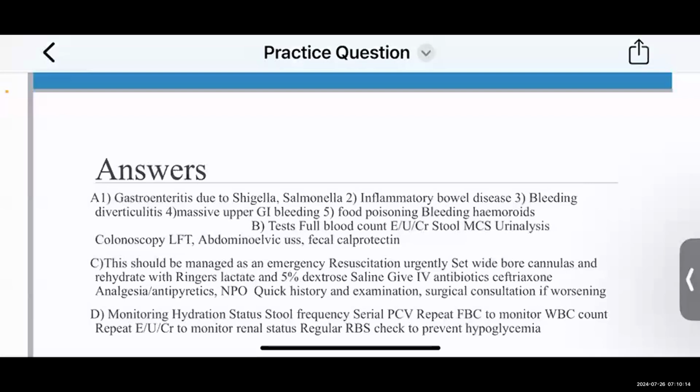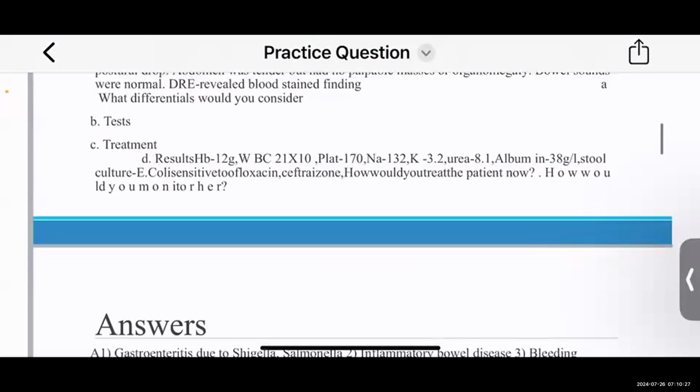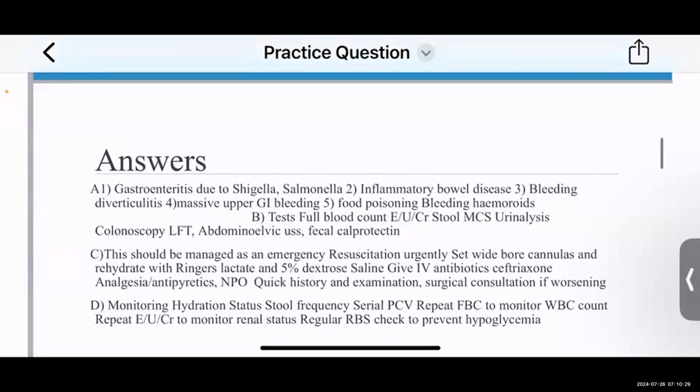dextrose. I would want to give broad spectrum IV antibiotics to this patient, antibiotics such as ceftriaxone or quinolones that can be beneficial in this patient. Analgesics or antipyretics can also be given. This patient has abdominal pain, has fever, so I want to give something to relieve that discomfort that the